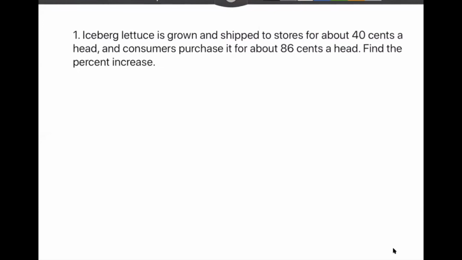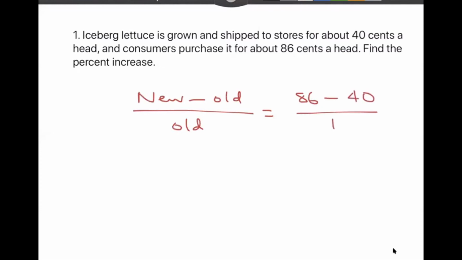All right, here we go. So new amount minus old amount divided by old amount. The new amount is 86 cents. The old amount is 40 cents, and we're dividing by 40. So that comes out to 46 divided by 40. I think that's, oh no, it's not. Let's see. Bring up the calculator. 46 divided by 40 is